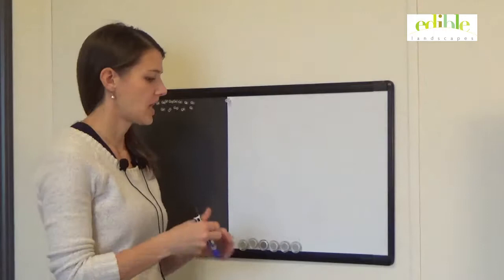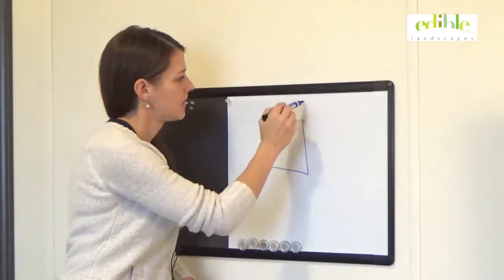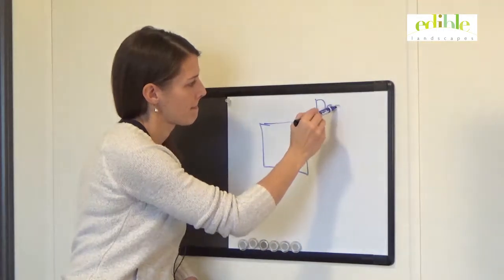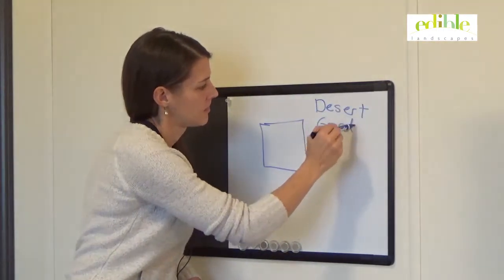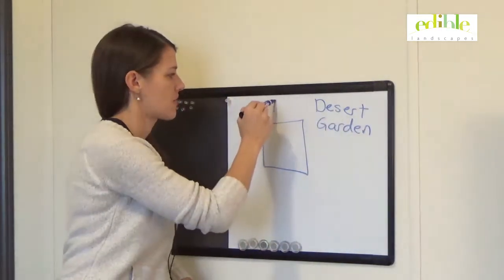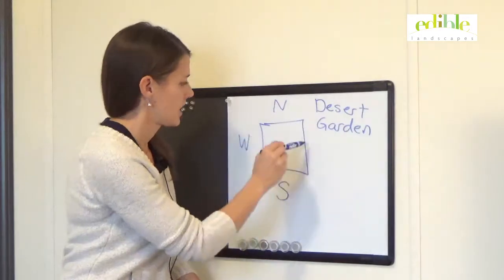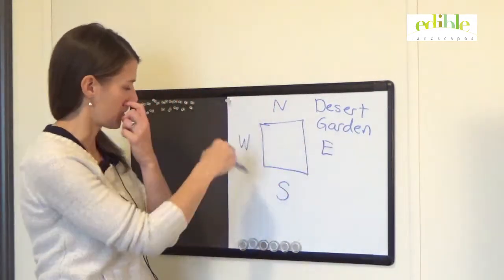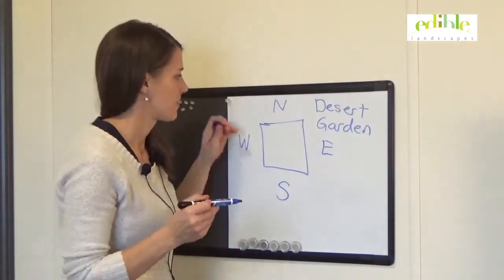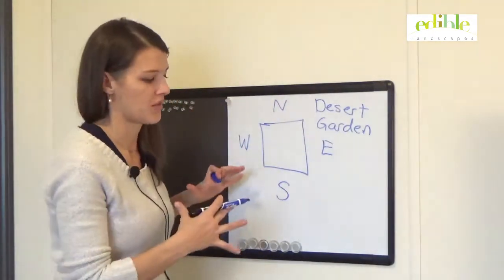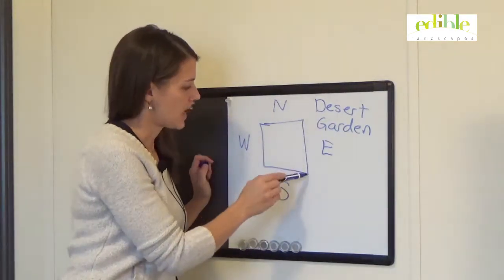So when you're looking at a desert garden, just for simplicity's sake, from our map brains, we're going to just set this up like you would regular coordinates, with north being at the top. So if you're looking at the desert garden that is suffering from a lot of heat exhaustion, then 20%